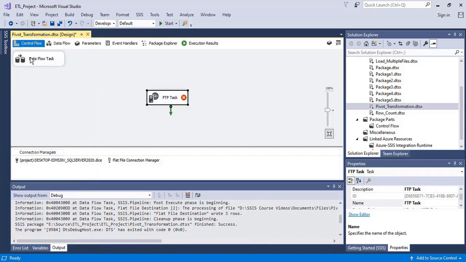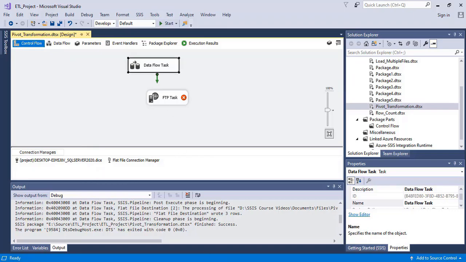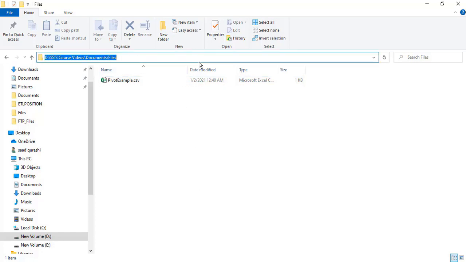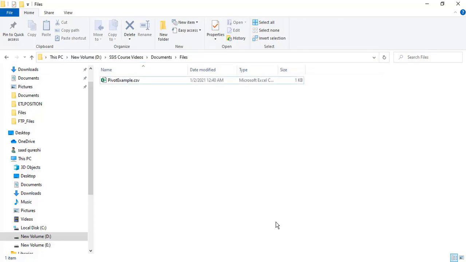Basically, whatever file is created here, I want to copy to the FTP directory, which we call the remote directory. This is going to be my local directory, and where I copy this file will be my remote directory. So I want to configure this FTP task.